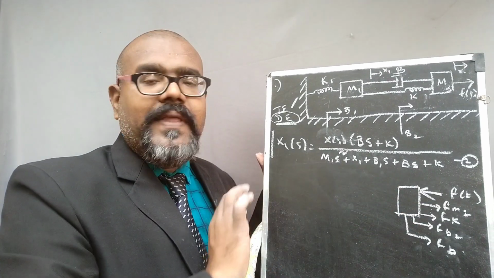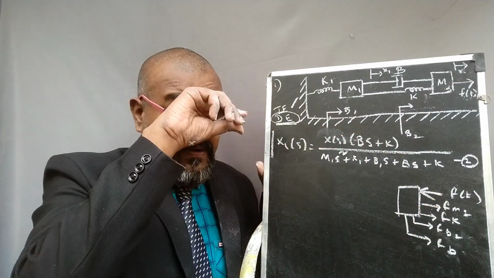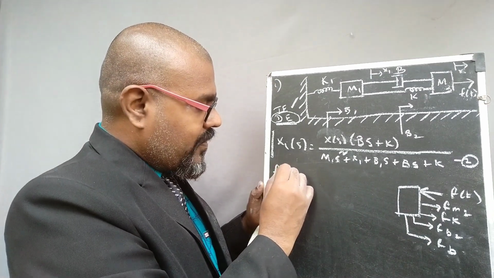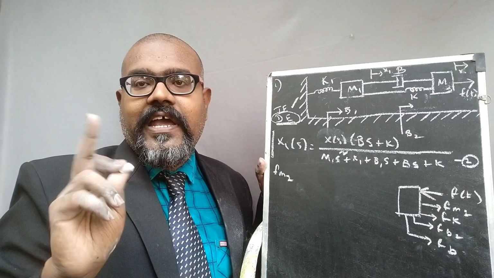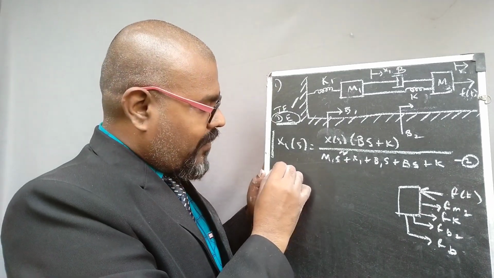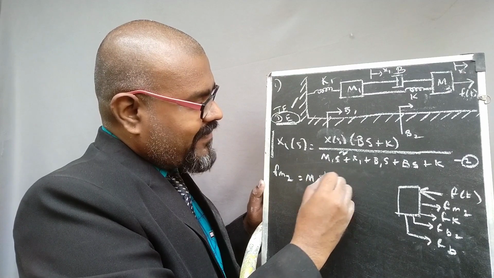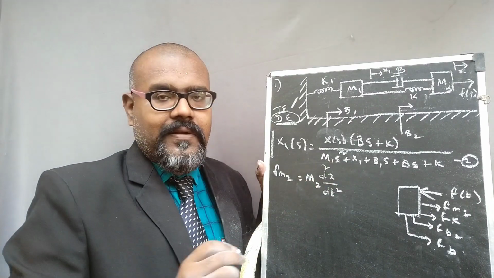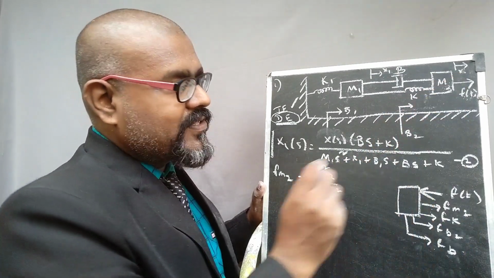Now we are able to frame the equation. Each and every opposing force and applied force, we have the formula. So according to that we need to note. So fm2. Of course we know that the displacement attained by the m2 is x, not x1. Please remember. So the formula should be m2 into d square x divided by dt square. Please remember.